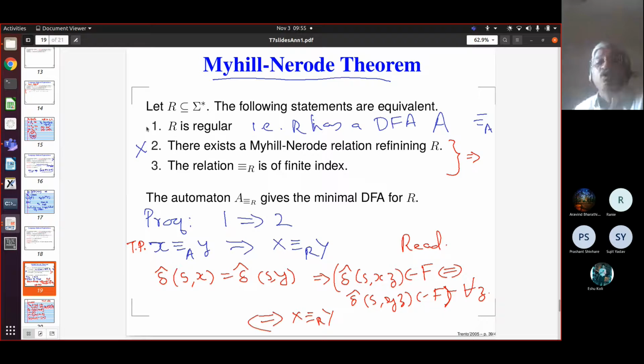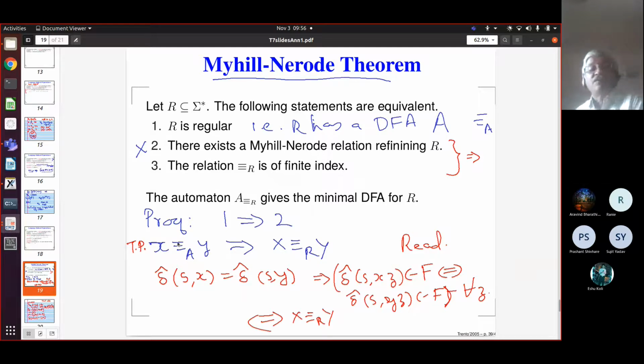So a regular language, given the right language induced equivalence, will always give you only finitely many classes. This is trivial because if the language is regular, it has a DFA. The DFA has finitely many states. This machine induced equivalence has also got finitely many classes, right? Correct? And yes, this language induced equivalence is actually coarser than that. It has the same or lesser number of equivalence classes. This is something that we proved.